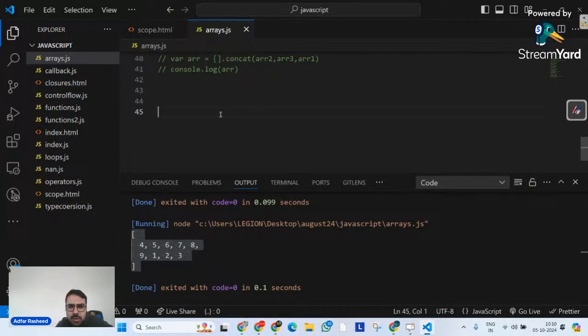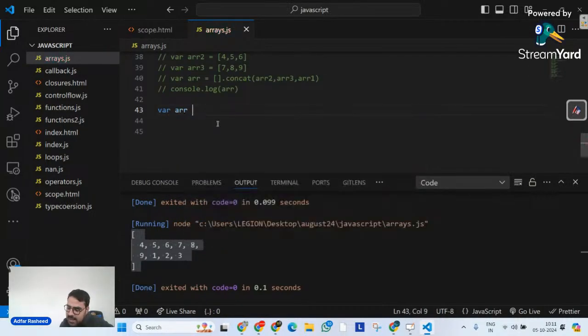Let's go over here and try to understand some very important methods. Let's suppose I have an array, and this array contains some random elements, something like this. What I want to do is create some slices of this. When we say slices, what do we actually mean? I simply want to create sub arrays out of this particular array. I want to create more arrays, but I don't want to affect the original array. The original array should be as it is. But I want an operation with the help of which I can create a slice of it. Slice means a piece of it, a sub array of it.